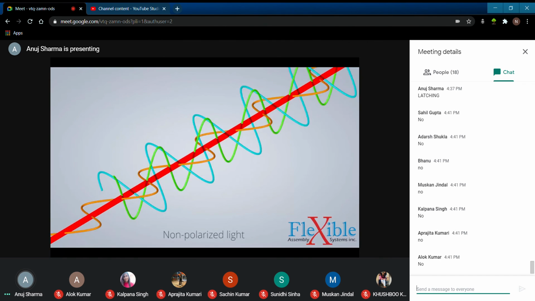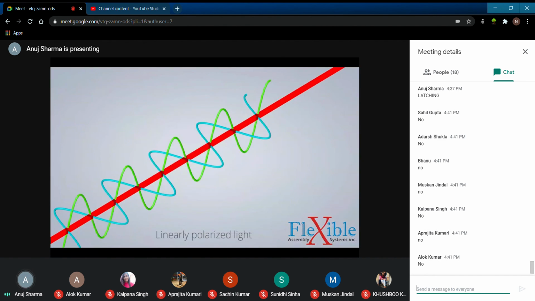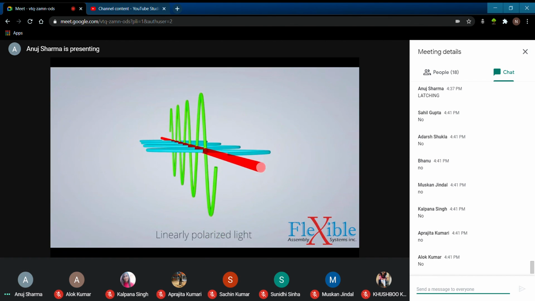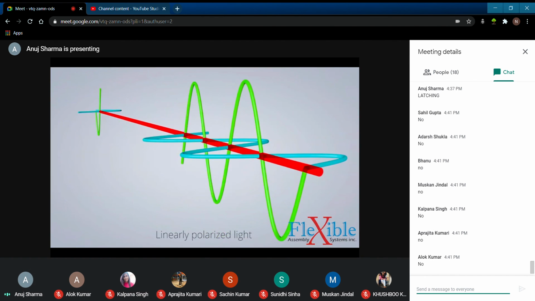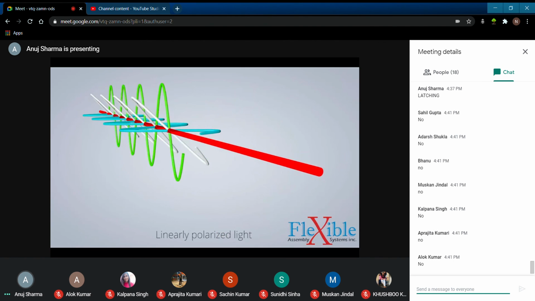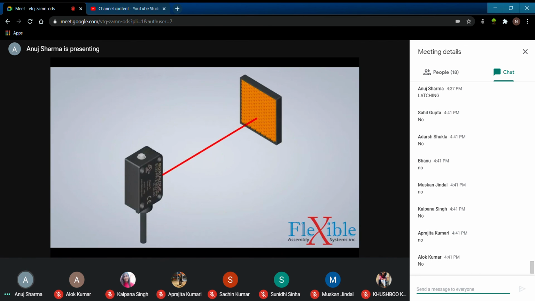It's unpredictable and non-uniform. To create linearly polarized light, the vibration of the electric field and magnetic field must be perpendicular to each other. When we take the average of these two fields, we could draw a new vector which represents our light wave. As you can see, our light wave is now oscillating on a flat plane, so it is linearly polarized. If our sensor emits linearly polarized light, which is oscillating on a vertical plane, that light will